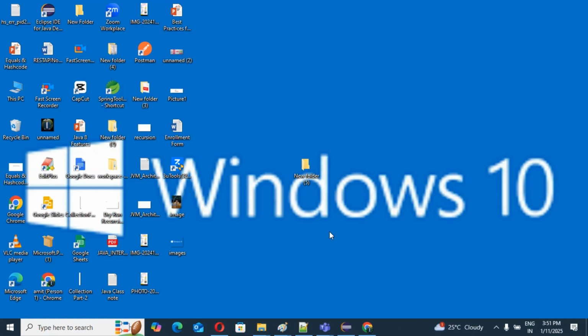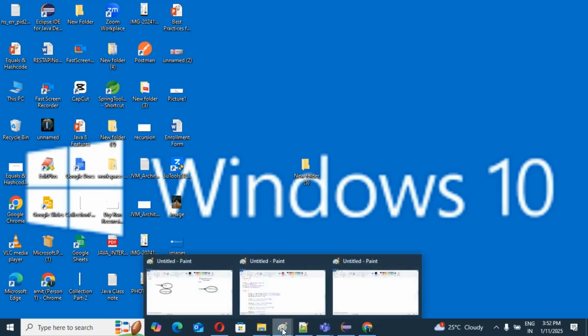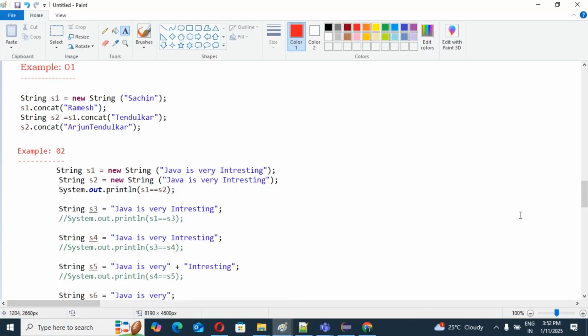I will explain some two examples. In these examples, end to end, I will explain how we are going to place our object into the heap area as well as the SCP area, but with different types of scenarios. I will cover almost 10 to 12 scenarios. In these scenarios you will come to know how we are going to place the object in the SCP area as well as the heap area as per our scenario. Okay, so guys, see, first I will tell you what scenarios I am going to cover in this video.